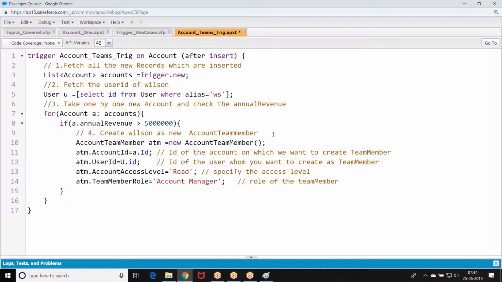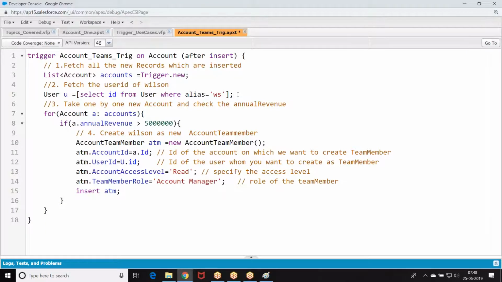On which account you are trying to create, who is the user, what type of access you want to give, what is the role of the account team member. Which user, on which record, what is the access, and what type of role we are giving. Then insert ATM. But it is not a good practice to perform DML in a loop. Am I right? There is a reason we have to avoid this.